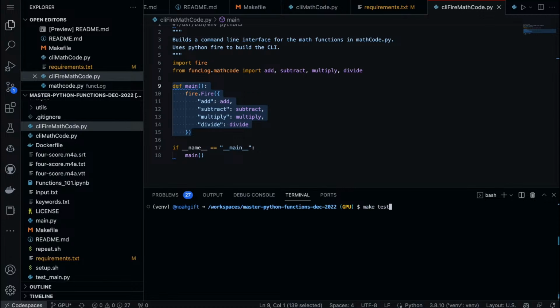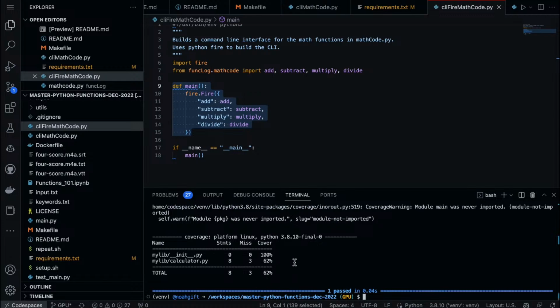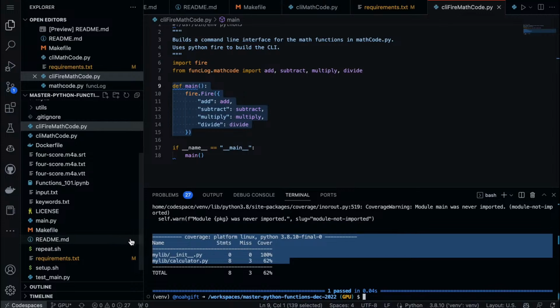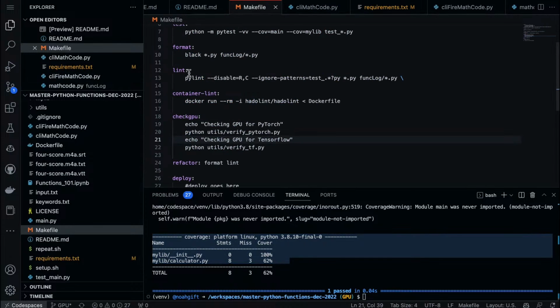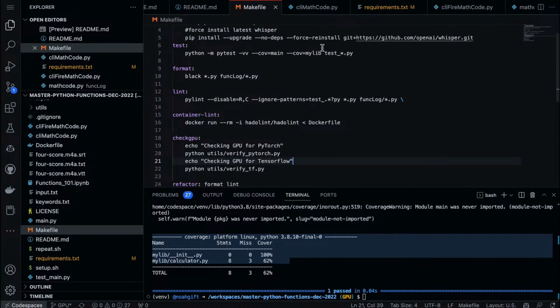So if we say make test, for example, notice that I'm not testing that other tool here, right? And so I need to actually add it to my file. So if I go to test here, notice that we're running these tests for these two libraries.